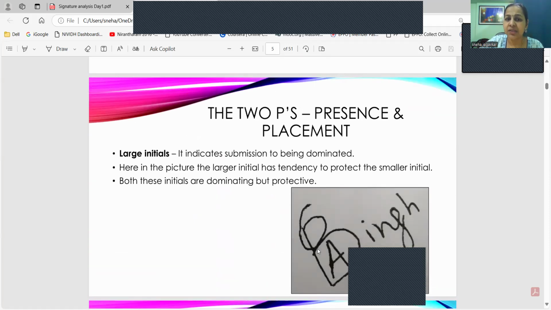Okay. With this, we have completed the two parts, the presence and the placement of the signature. Other than this, there are many other aspects that I would be continuing and completing today, or maybe in the next few hours. So my observations over a period of time, since I have been a graphologist for almost 13 odd years or so, I have seen many people who have